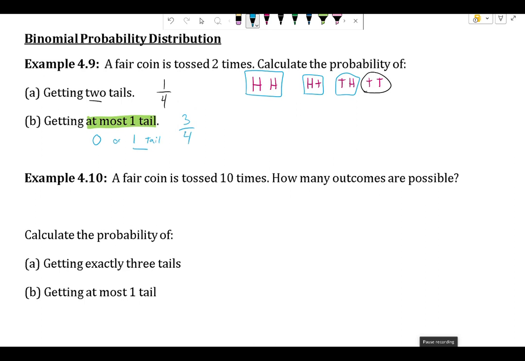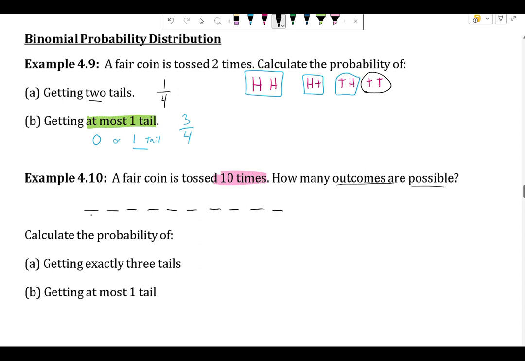If we look at example 4.10, it says a fair coin is now tossed 10 times. Well, let's really quickly look at how many outcomes are possible for 10 tosses of a fair coin. This uses the fundamental counting principle. And the fundamental counting principle basically says the number of outcomes